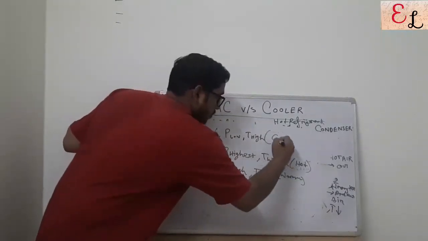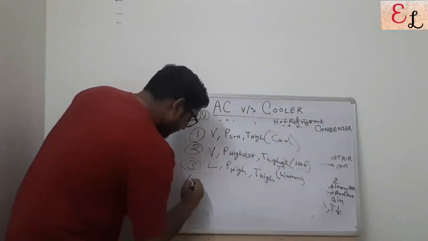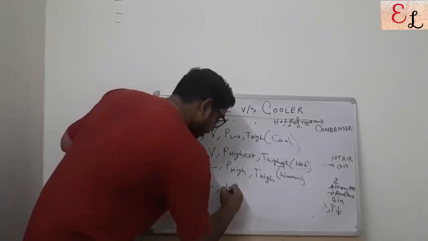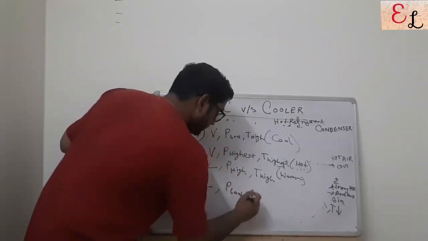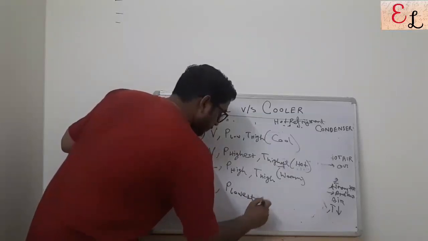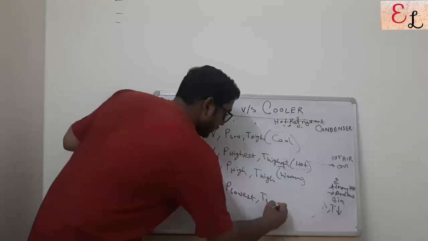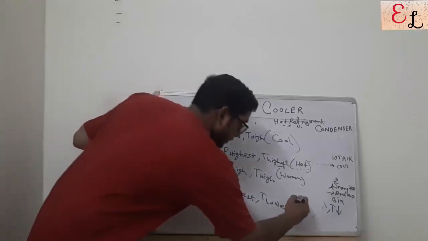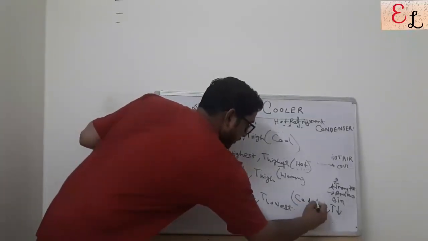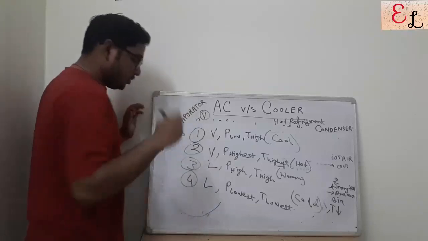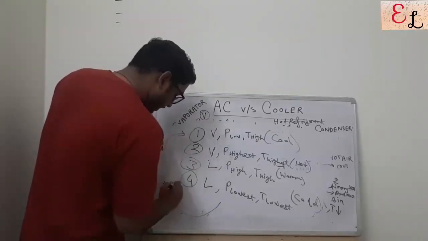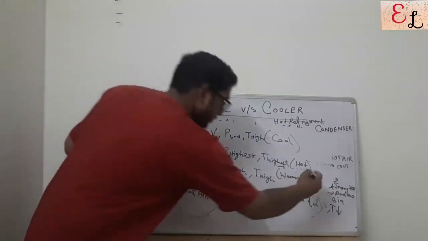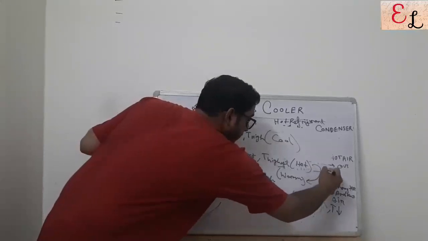So it is 1, this is hot, this is cool. And finally, after the expansion valve, it is still a liquid and the pressure has dropped, so it is the lowest, and the temperature has also dropped, it is lowest. So in this process, it is cold refrigerant. Then it again gains heat and comes back to state point 1. It gains heat from ambient air. This is the exact cycle, and in this process, from hot to warm, it loses heat to ambient air.